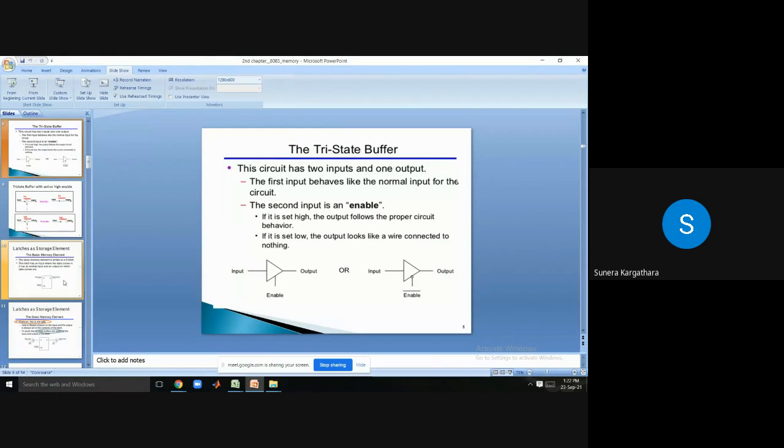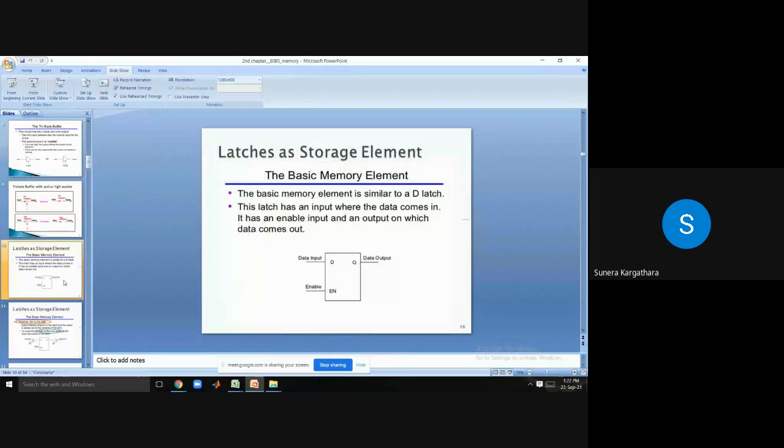Whenever we are talking about memory basic element, it can be tri-state buffer, it can be flip-flop, and it can be latch. Now, latch and flip-flop, the difference. Somewhere in digital electronics you had used this so many times. You had come across this kind of figure so many times, but I don't know whether this difference is clear to you or not. Let me clear it right now.